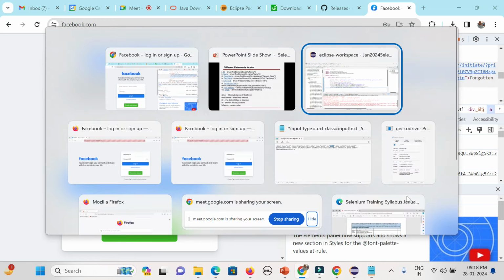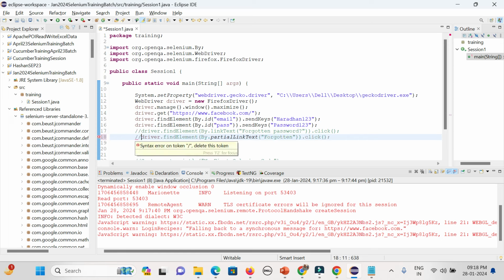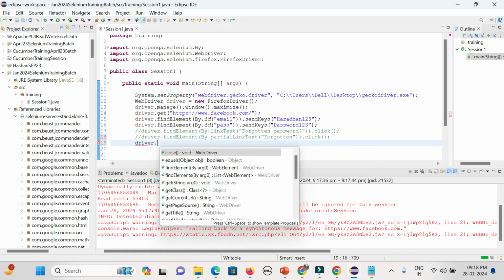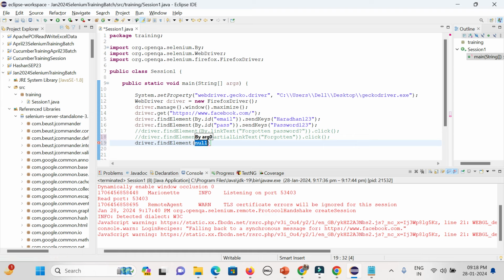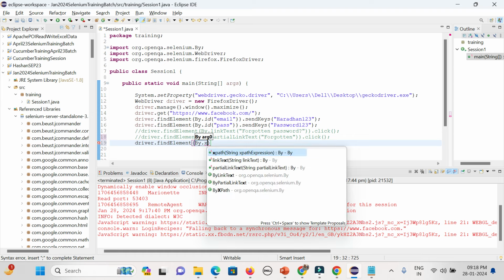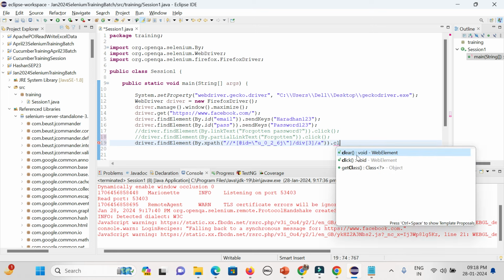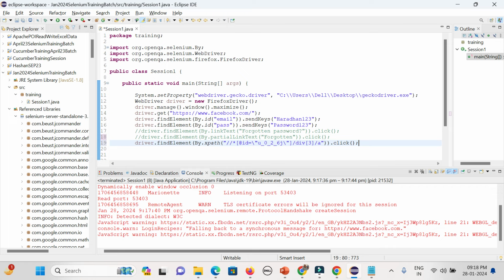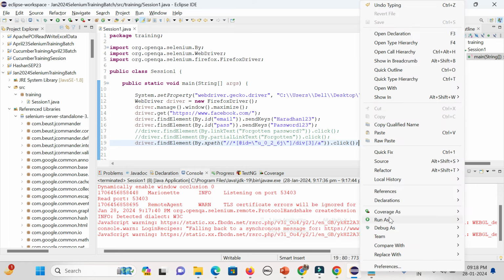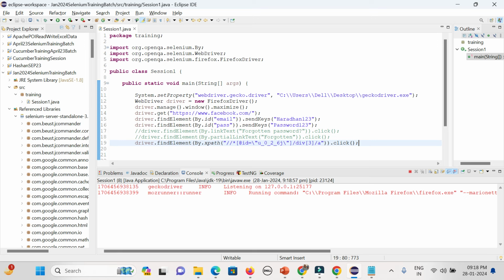So what you can do, similarly, you can go with driver dot find element by dot XPath. You could see now I can give the XPath that I have copied. The problem is that the default path might not work. It can work, so that is the reason I should always create our own XPath or CSS. In case it's working, that is fine. Otherwise, it might not work because there are a lot of things coming, so it might not work sometimes.